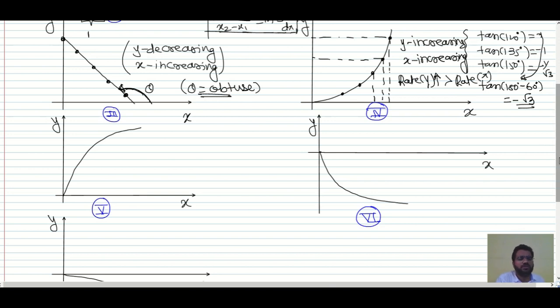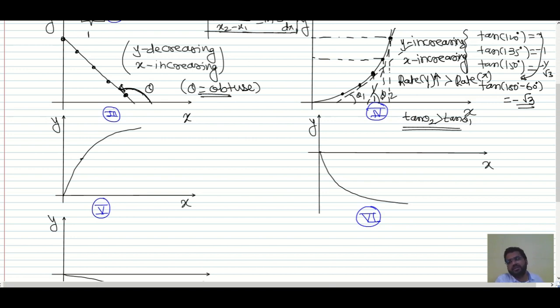The slope here is the same thing. If you wanted to take the slope at this point, drop a tangent, and as you can see, this is theta 1, this is theta 2. As theta 2 increases, slope increases. So tan theta 2 is greater than tan theta 1.